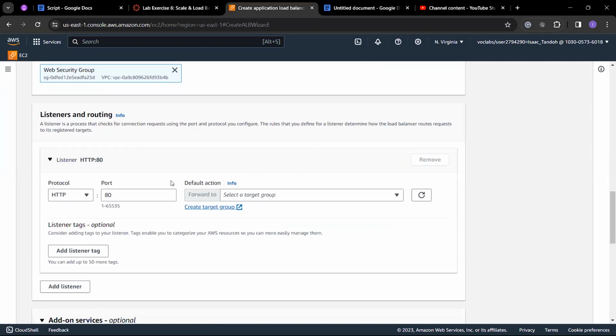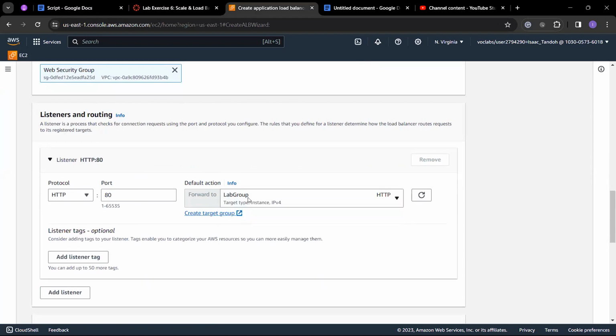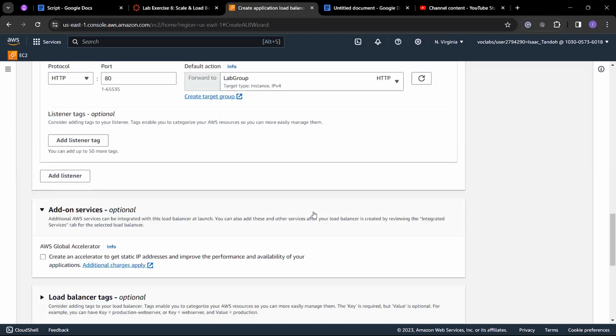For listeners, this is where it's going to forward the action to. Okay, so where will it forward to? It will forward to the lab group that we created, the target group that we created, right? That is where this listener, when the traffic is coming and then it is too much, will forward the traffic towards the lab group, and then the number of instances that we have in this group is going to be able to distribute the load evenly. Okay,